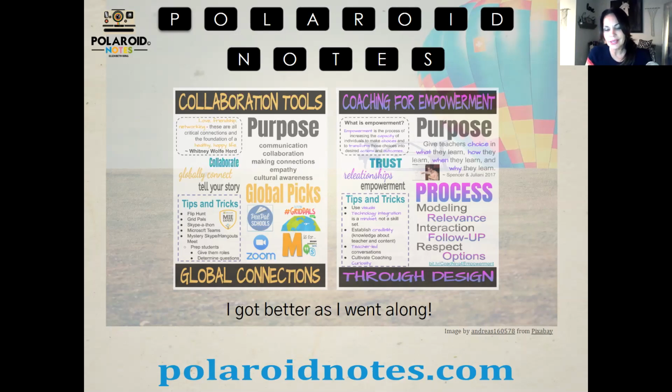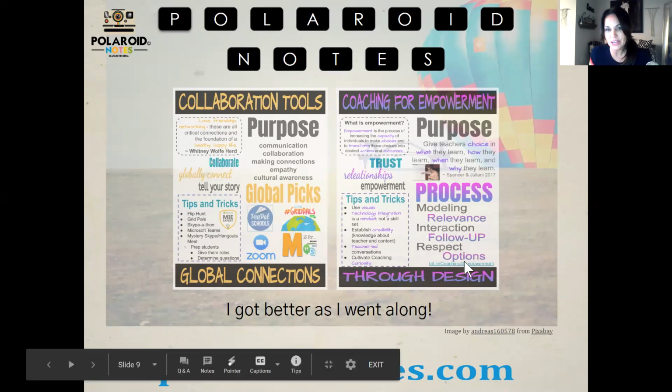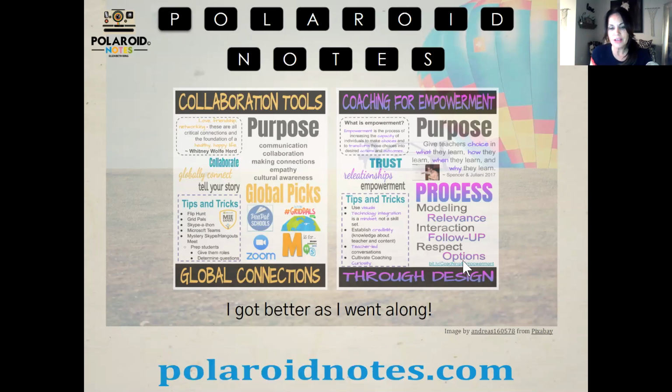So I put that link onto this Polaroid notes page, because that way I'm not putting everything she's told me onto my Polaroid notes. I'm putting the big ideas, the most important things that I have summarized, and then I've put the link to her presentation. So if someone was reading my notes, they could click on that link and find out more information if they wanted to. So that's basically the setup of how I do it. And you'll see as I click through,